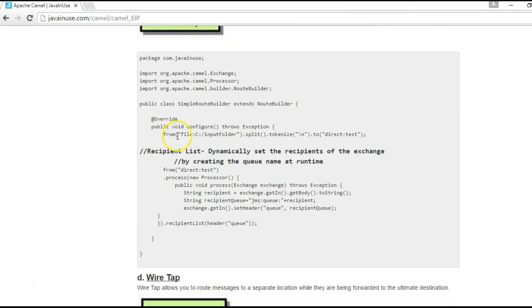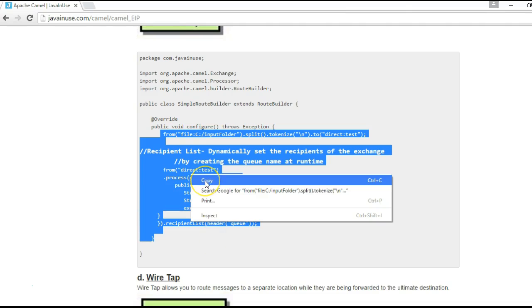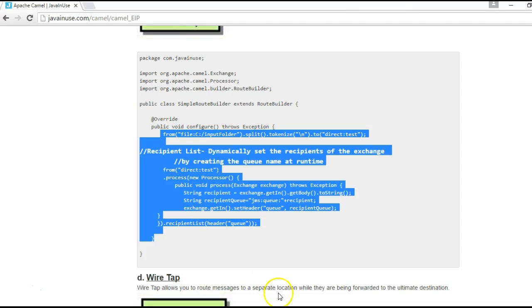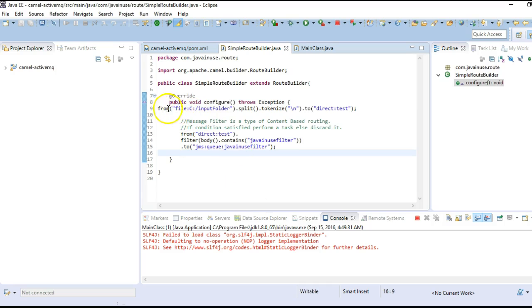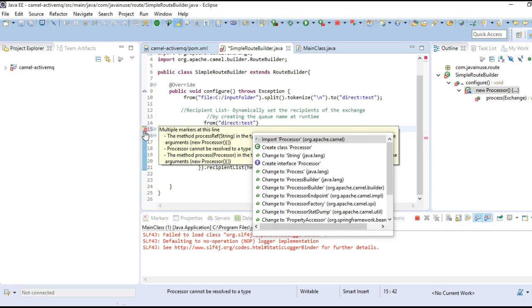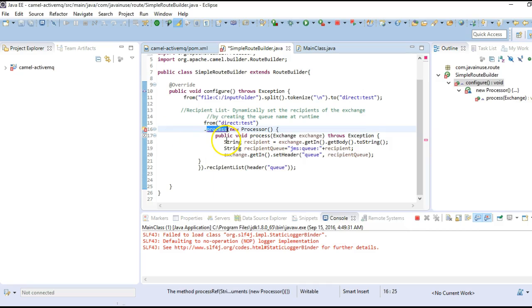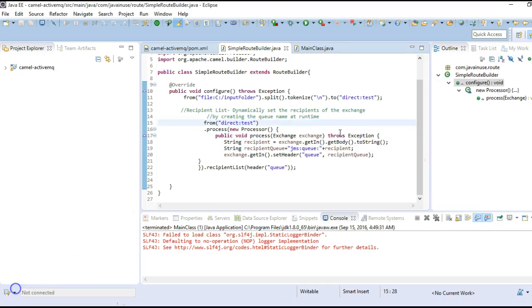So in this example what we have done is, we'll first copy this. As in the previous examples, we take the contents of the input folder, split it, and then pass it to the route direct::test. Now here in direct::test route we have written a processor.